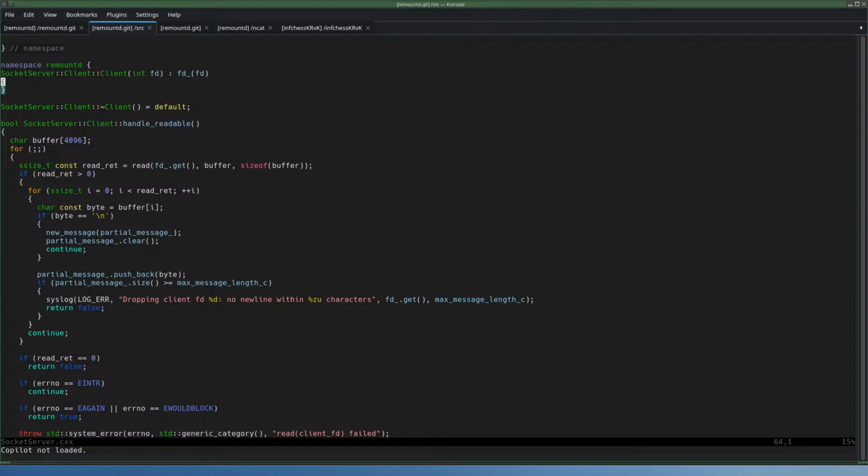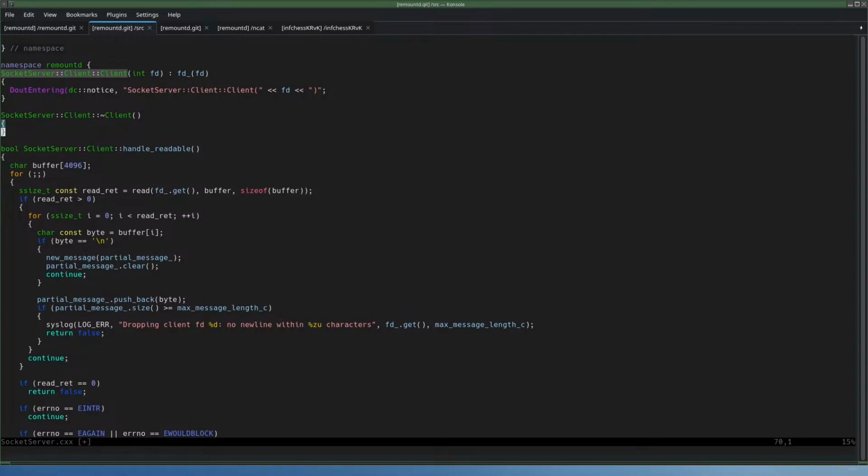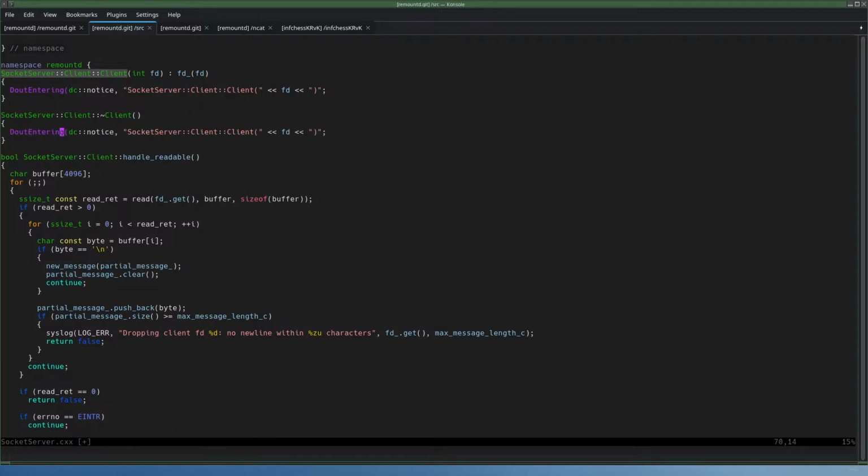Client. Okay, the constructor of a new client. Interesting to see, I suppose. Entering DC notice. Target server client file descriptor. Yeah, I would like to see the destructor as well. Yeah, default or not. I think it's exactly the same thing if you do this. And then we can add a debug output for it.